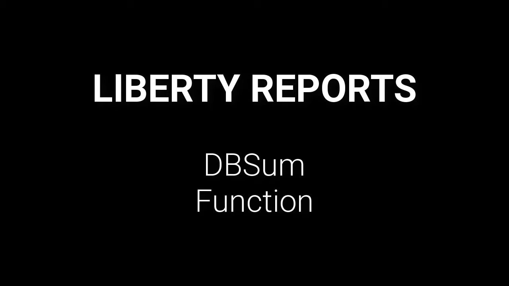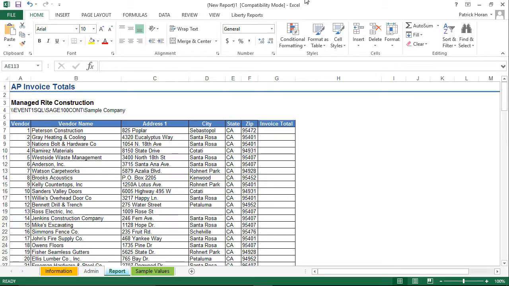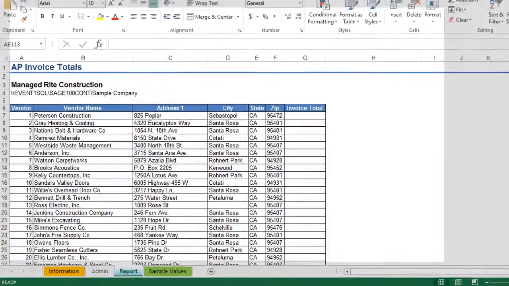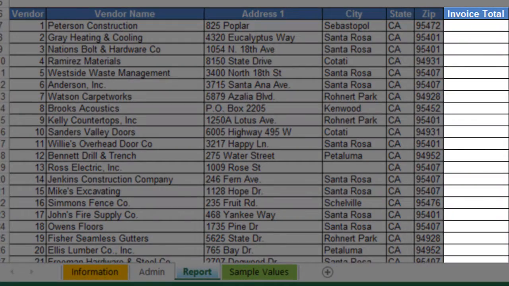In today's video, we will be discussing the DBSum function included with the Liberty Reports software. The DBSum function for Liberty Reports is designed to return the sum of the values from a column in a table. The rows that are compared can then be limited by applying a filter. In our example today, we'll be starting with a driving query that pulls a list of AP vendors. We'll then add a DBSum function for each row to provide a total amount of all invoices for each AP